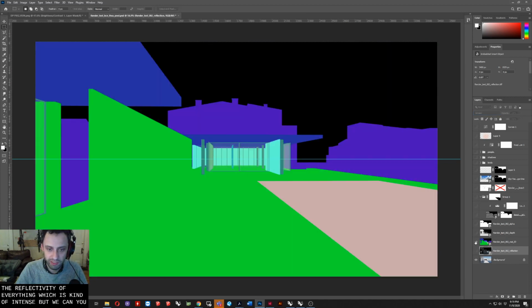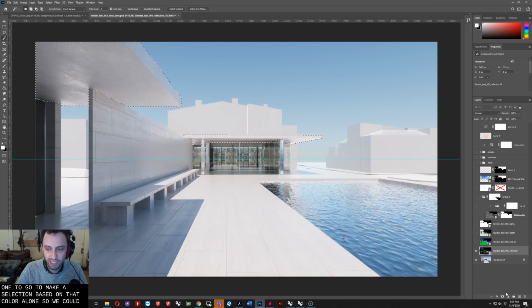But what we can use is we have this material ID layer, which we can actually use to make selections. So we can use the magic wand tool and say, if I only wanted the pool to be extra reflective, I could just select the pool, or I could select, how about this roof surface here? And because it's a separate material, it'll make a selection. As long as you have continuous turned off on the magic wand tool, you'll be able to make a selection based on that color alone. So we could use that as a